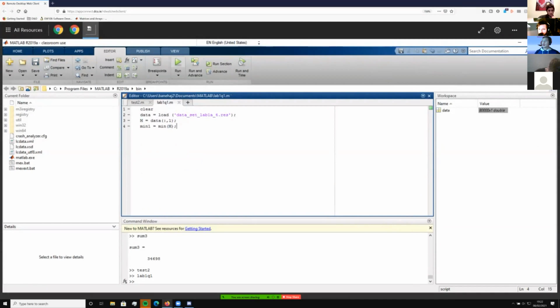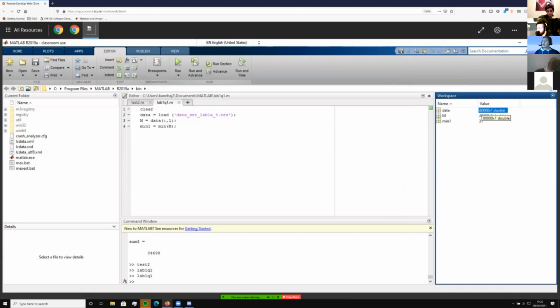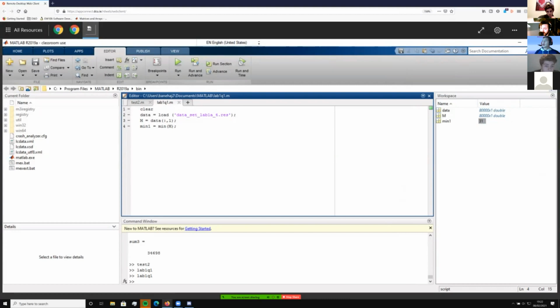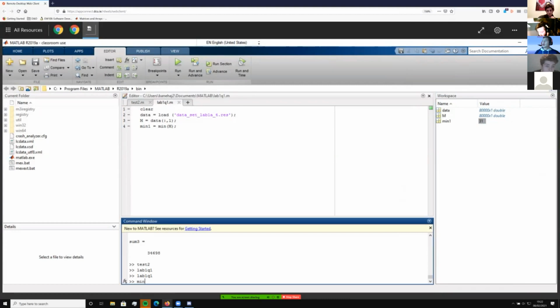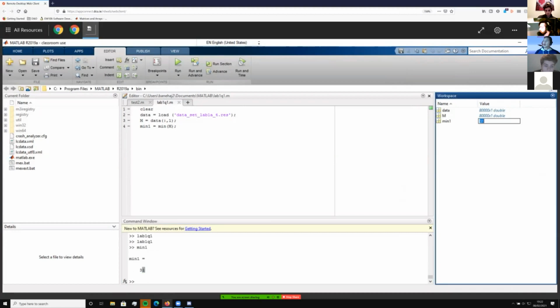So I'll run that. So yeah, these are exact copies of each other. I think it's just to protect the file. So if you try to write something to it, it doesn't write it directly into the file. So as you can see over here, we don't even actually have to type in min1, but it says 31, and it's actually really handy because it's just over here. So you can see if you have a bunch of variables, we're giving you all in a list here.